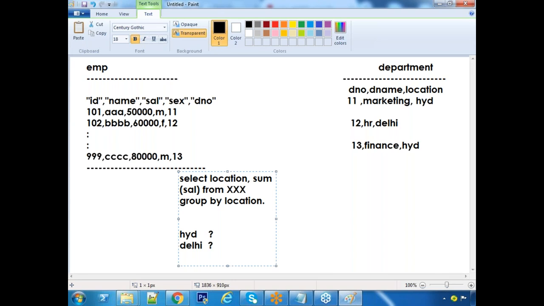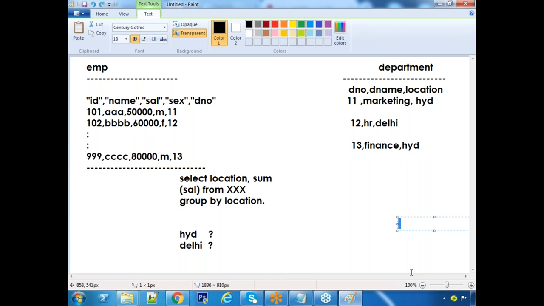Understand the points? To answer such kind of question, your required information is not in one file. Location is in one file, salary is in another file. So talk about the last person, sir. Last person, Mr. 999. He is from 13 department. 13 means finance. Similarly, under 13 there can be hundreds of employees. All these employees of finance from Hyderabad. Understand the point, sir? So what is the logic behind that?